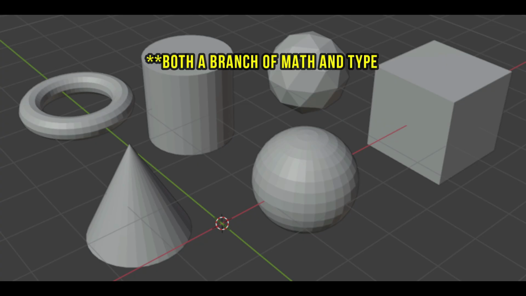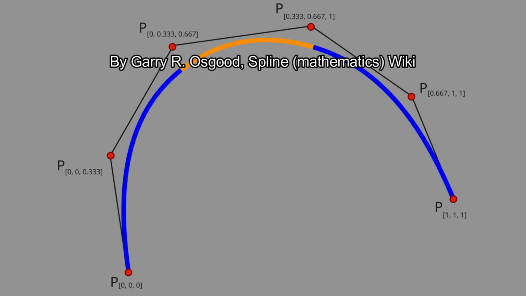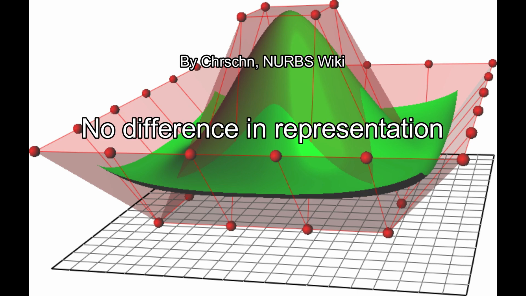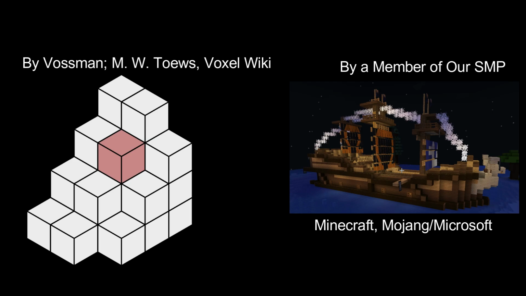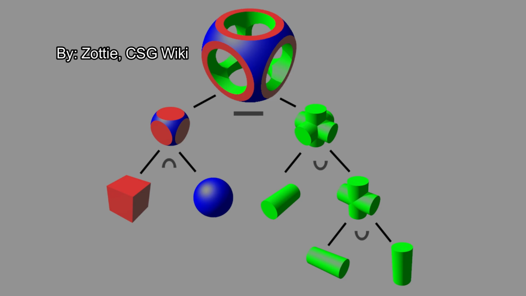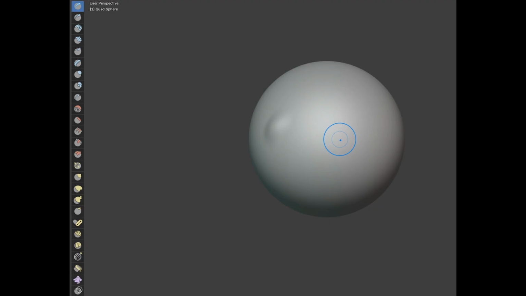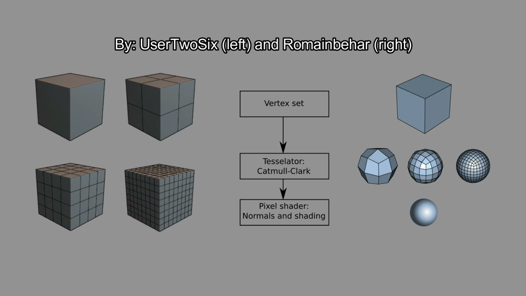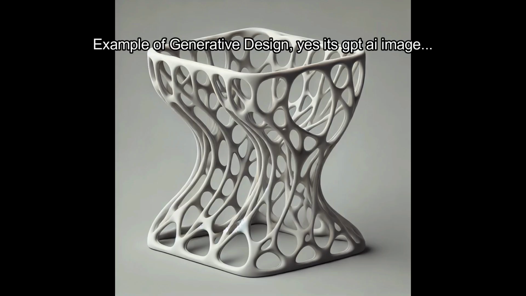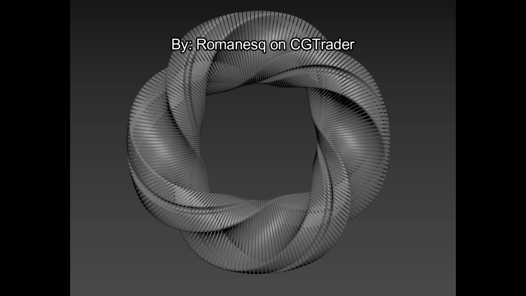The types are, brace yourselves, solid, geometric modeling, solid geometry, primitive, polygonal, spline, rational B-spline, NURBS, surface, voxel, inside prism, kit bashing, constructive solid geometry, Boolean, point cloud, digital sculpting, parametric modeling, subdivision, generative design, additive manufacturing, kinetic, procedural, implicit,